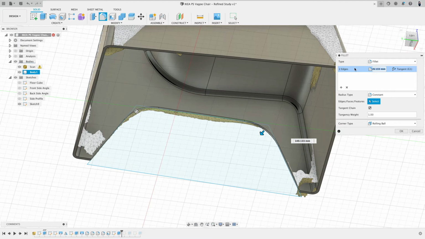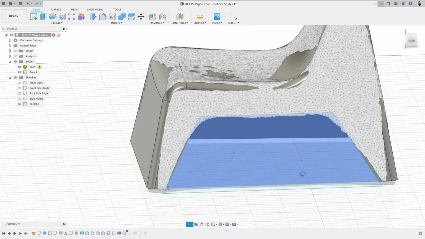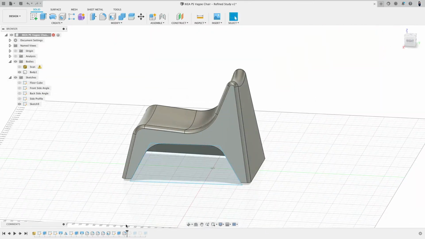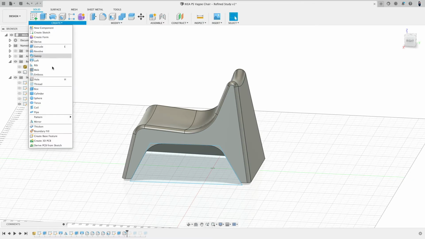What value do we have there? Let's say 150. Okay, good. So you see now here we have the cut and the fillet, because now I could, oops, go ahead